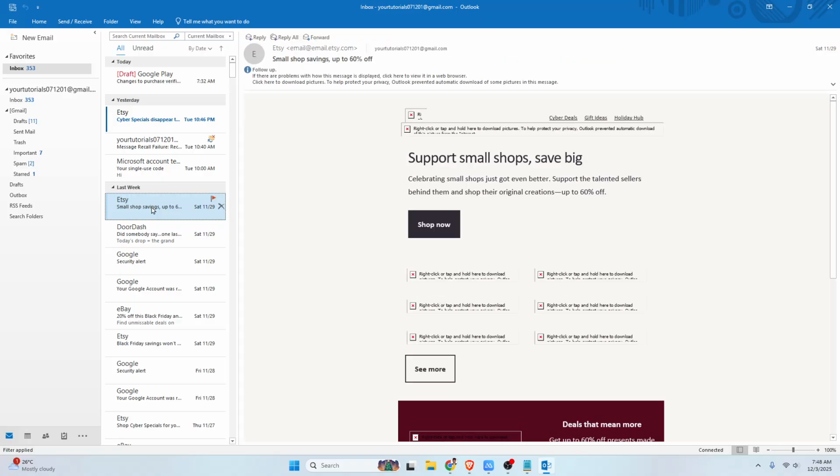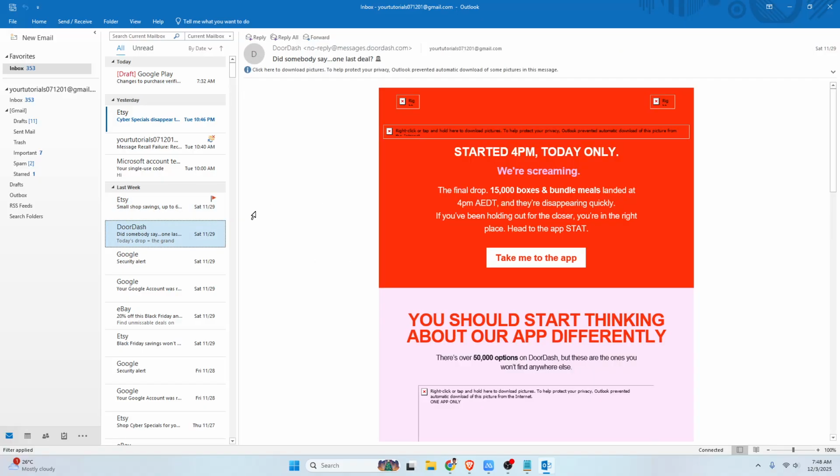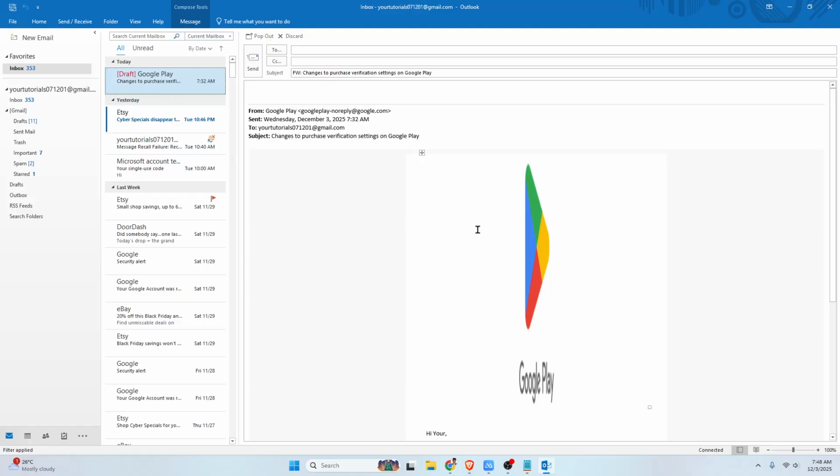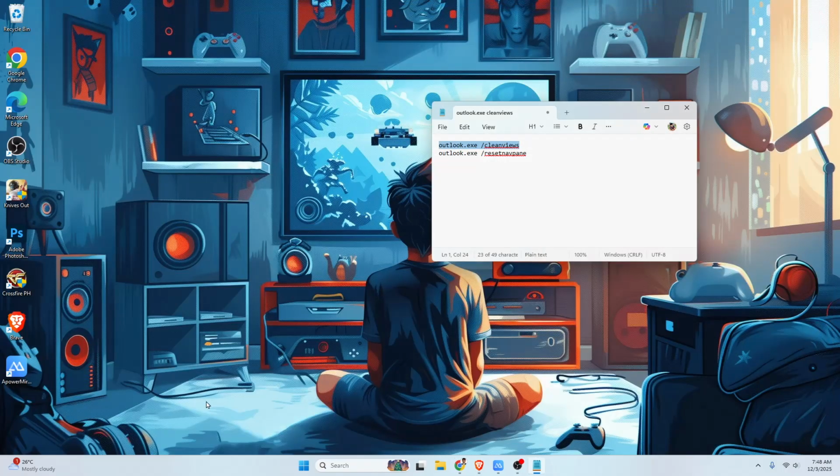After Outlook loads, check whether your issue is resolved. If the problem continues, reset the navigation pane. Close Outlook again and confirm it's not running in Task Manager. Open Run and type